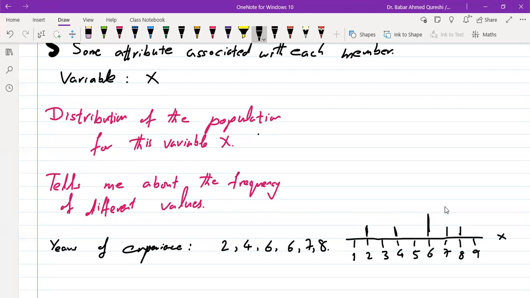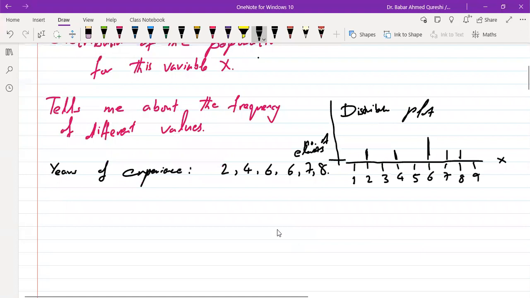So this bar plot, this is the distribution. And over here, I have the number of elements in the population which have this much frequency. Now, I can also do one more thing. I can give it the form of something which looks more like a probability. Although it's not a probability, it's just the frequency. I can make it a probability plot